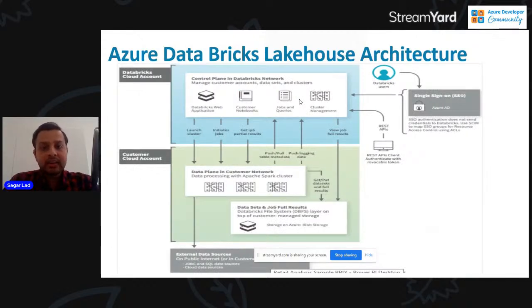Now, after understanding the problem with the traditional architecture, the traditional data solution using the traditional services, we will now deep dive further into the Azure Databricks Lakehouse architecture, how the Databricks Lakehouse platform has been customized on top of Azure to be leveraged along with other services within Azure like Data Factory, Synapse, and other services. So if you look at this diagram, basically Azure Databricks architecture has two main components: the Databricks cloud account,